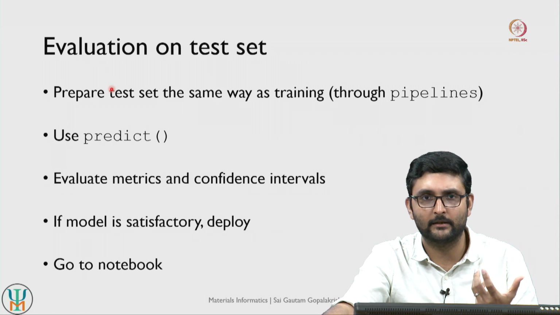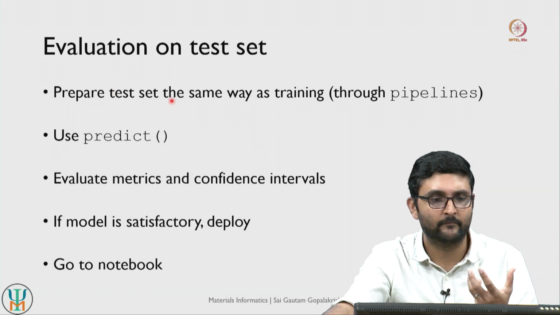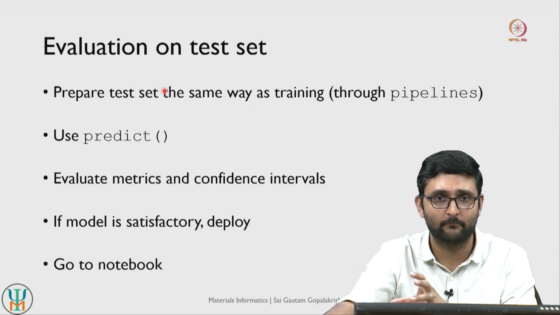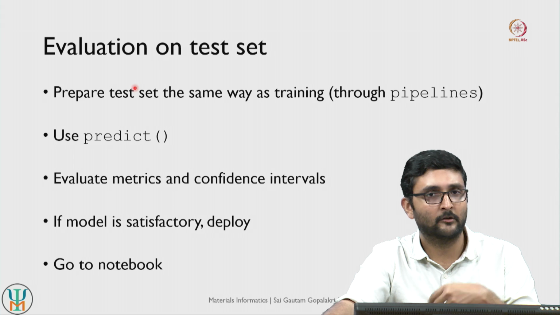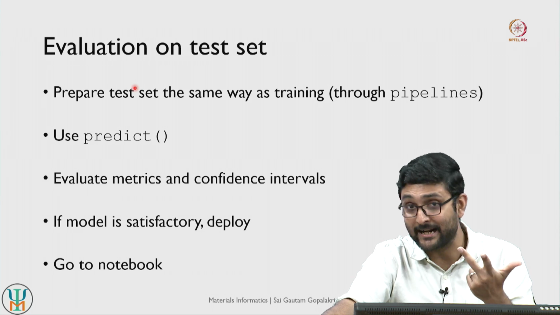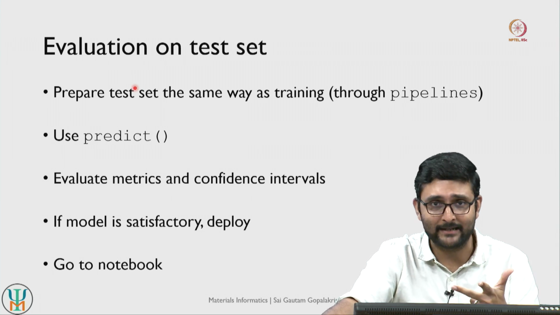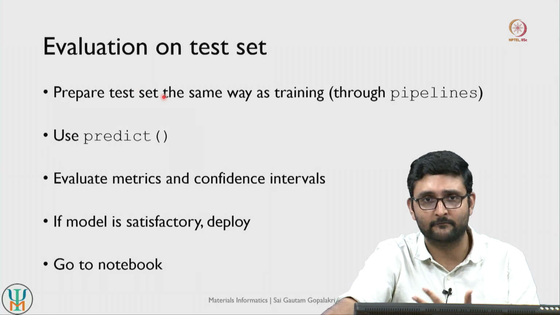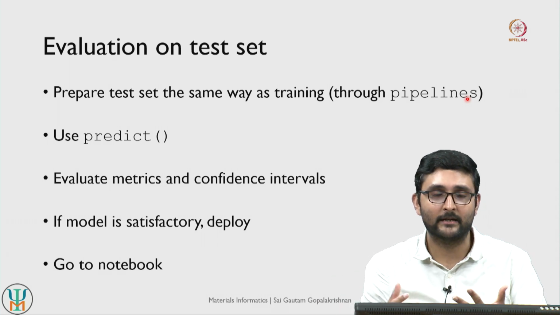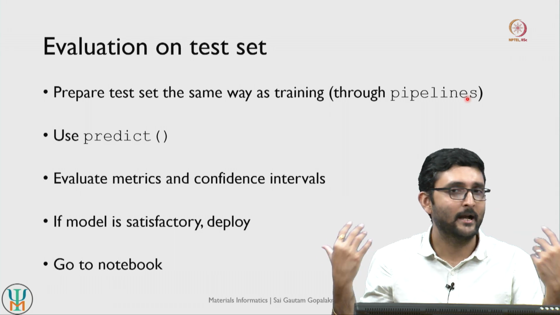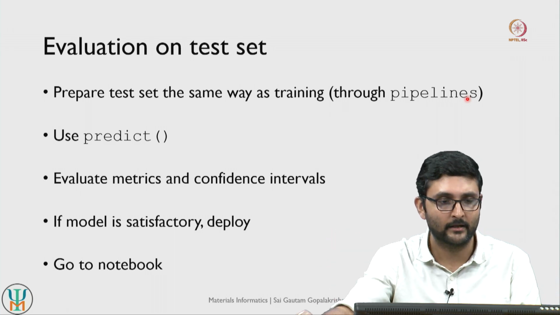For the evaluation on the test set, as we prepared our features on the training set, we have to do the same pre-processing on our test set as well. So if there are missing data points, add the median values, change text values to one-hot encoding, add the extra attributes if you want them, and then standardization, right. So these are 4 things that we need to do in our test set as well, and this is where pipelines really help us, right. Because we have already constructed the pipelines, we just need to take the test data set, put it through these pipelines, and our data is ready for evaluation, right.